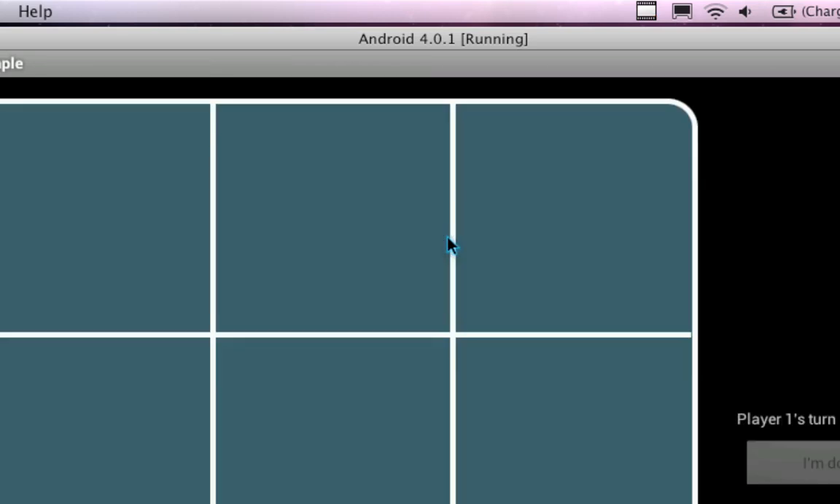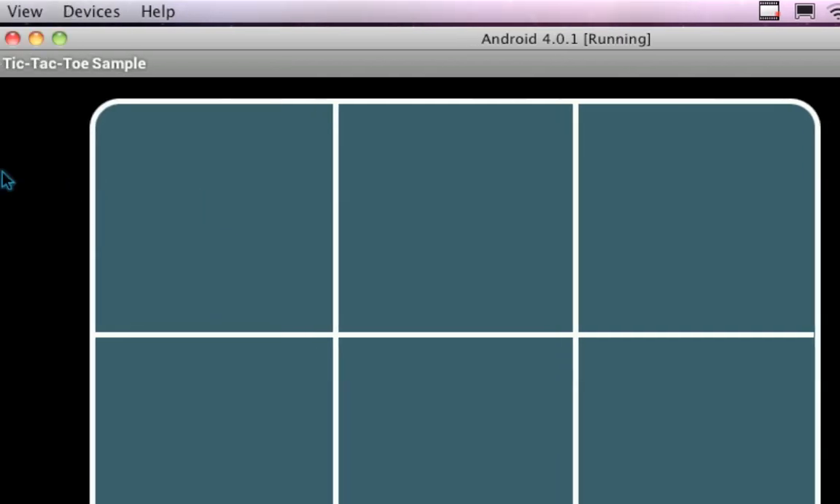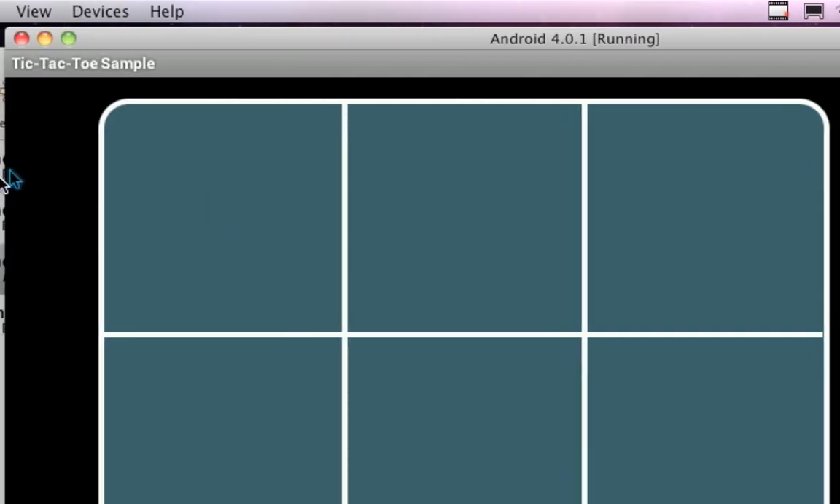I don't know if it was this class or the iPhone class where I have you make a tic-tac-toe game. I think it's the iPhone class, actually. So this is not going to help you for this class, but